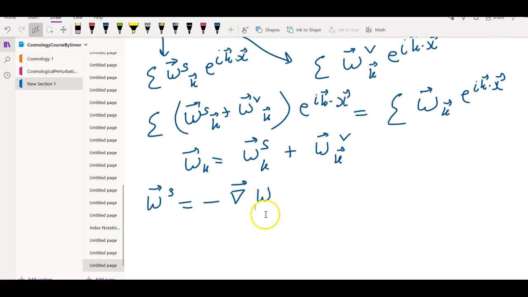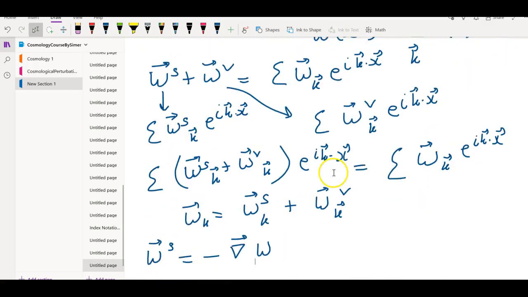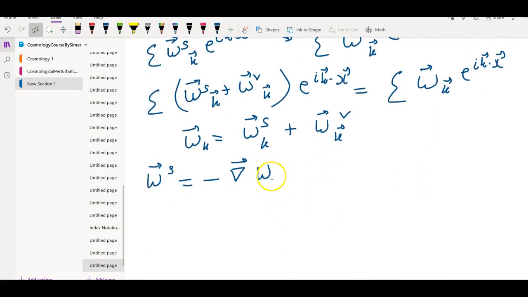From this original W, we split it into scalar and vector parts, and from the scalar part we extracted the potential W. It is not the magnitude of the original vector, but it is the scalar potential of the original vector in this context. So this W_s is minus gradient of W, and if I can write W as